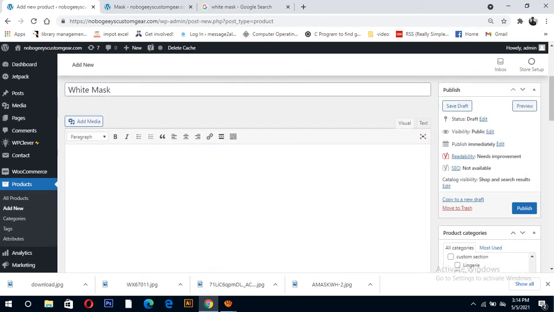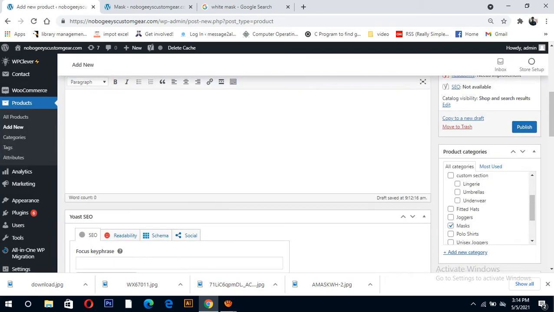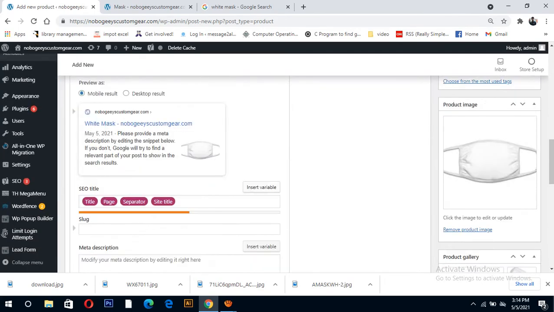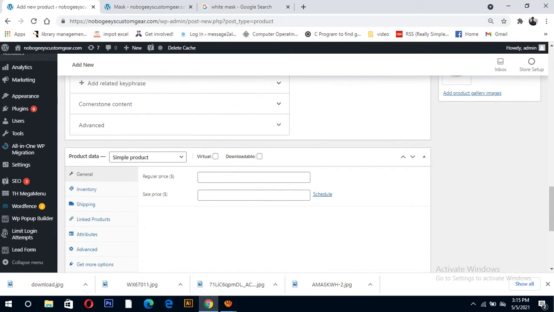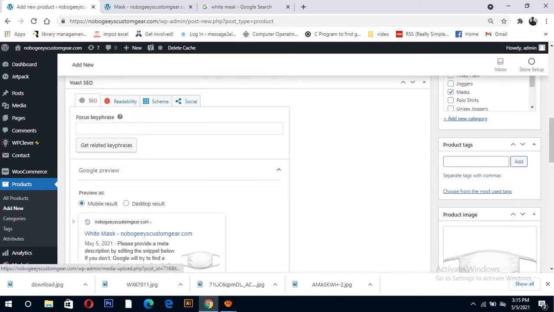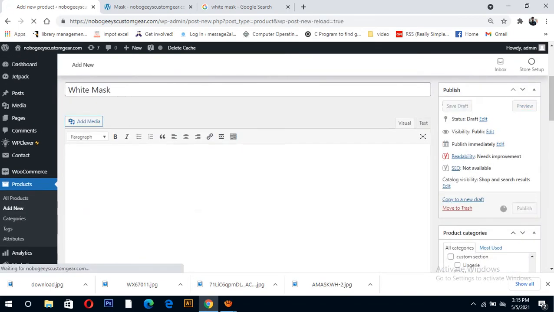First the marks product name, then the category. If a product is only one item with no color, we cannot use color, then you can just add a simple product and then publish.